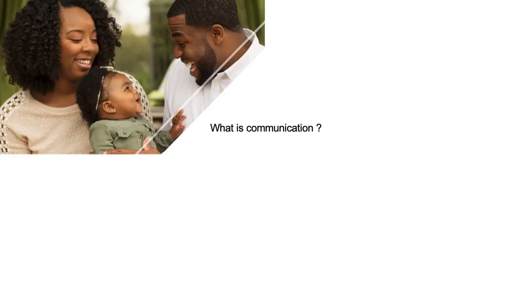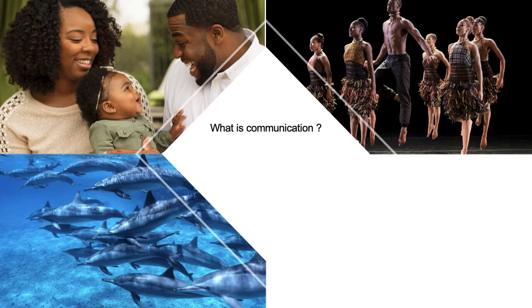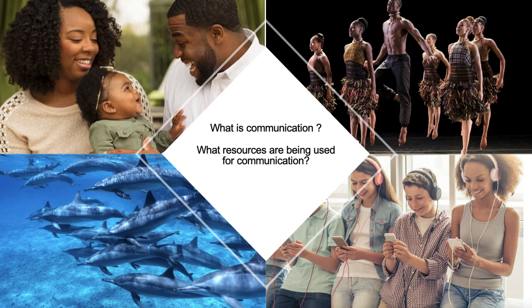We can pause and consider situations, such as the family shown here, and ask the question, what is communication in this context between these family members? Who communicates in which ways, using which resources, and what are the power relations in this situation? And in this context? And among these dolphins? And in this context with this group of young people? What is communication in each of these very different situations with different actors, and what forms of resources are being used as they communicate with one another or with others that we don't see in these images?